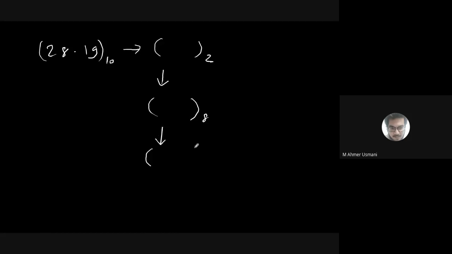Okay, so I'll quickly give one last example. Try to convert it, and everybody please get the exact answer. The number is 28.19, which is a decimal number. Please try to convert this into binary. Do the same conversion. Convert that binary into octal, and convert the octal into hexadecimal. I want the same number in the 3 formats: binary, octal, and hexadecimal. Do it fast, and we'll be good to go for the next topic.